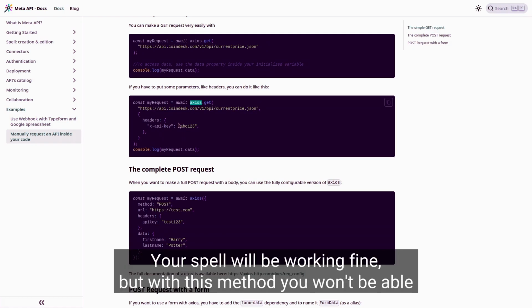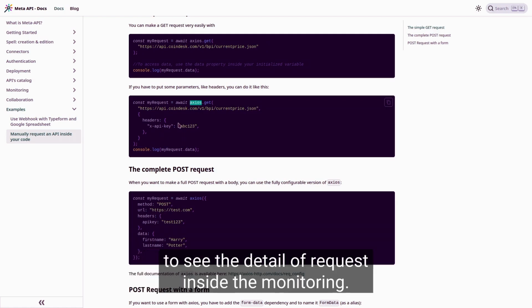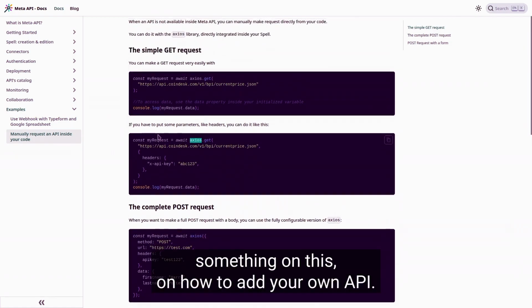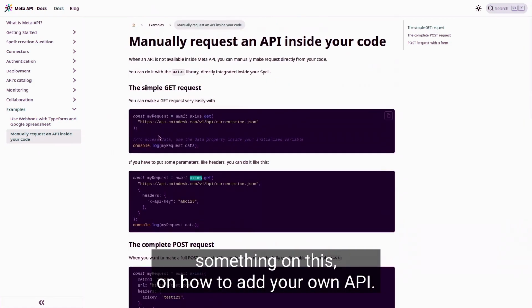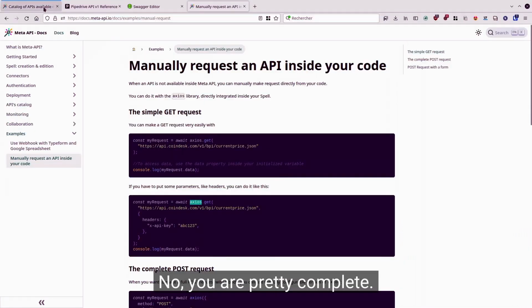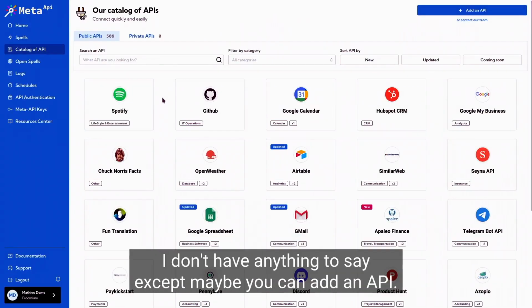So your spell will work fine, but with this method you won't be able to see the details of the request inside the monitoring. Okay, I don't know, Marcel, if you want to add something on how to add your own API. No, you went pretty complete. I don't have anything to say,